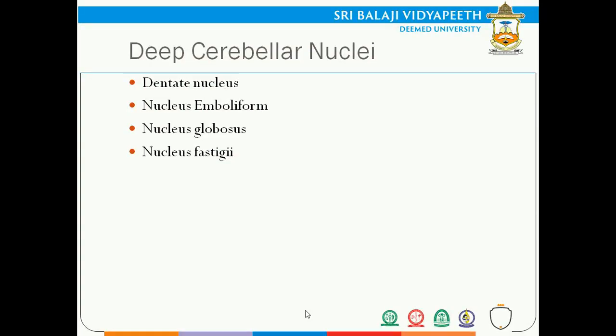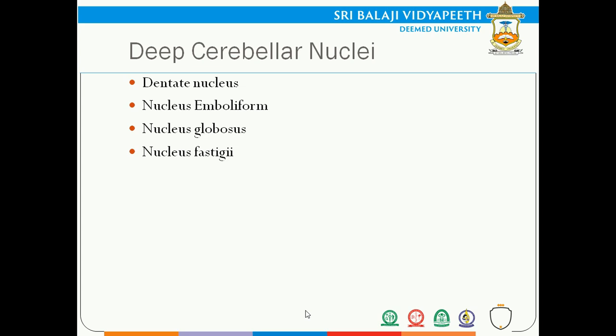Coming to the nuclei, what are all the nuclei you can see within the cerebellum? The cerebellum, macroscopically, has two layers, an outer gray matter and inner white matter. But within the inner white matter of the cerebellum, at certain places, there are some condensations of gray matter, what we call the nucleus. What is a nucleus? The nucleus is nothing but condensations of gray matter present within the white matter. That is the part which you have to know. Cerebellar nuclei are nothing but condensations of gray matter seen along the white matter in the cerebellum.